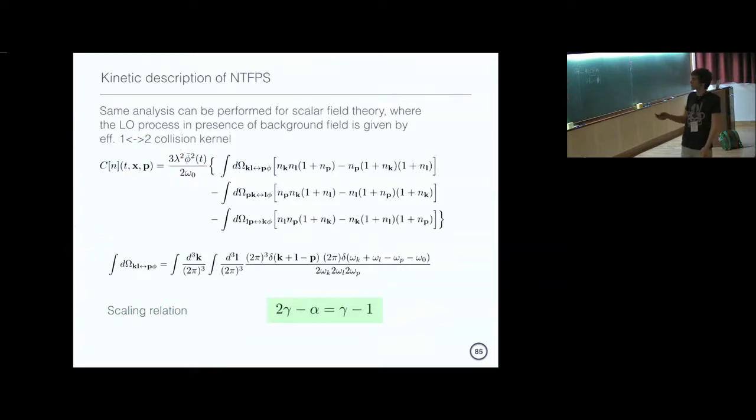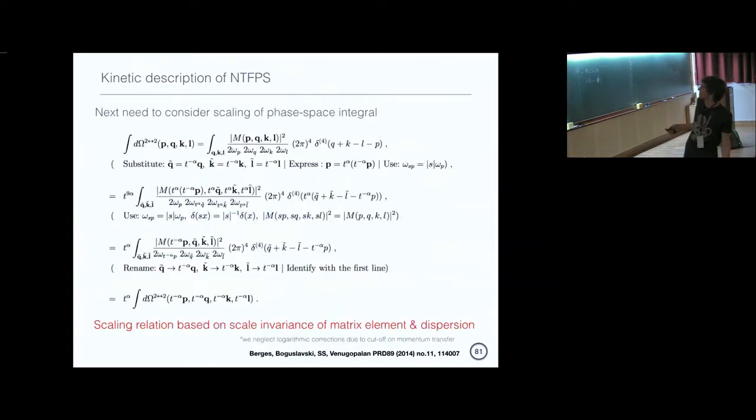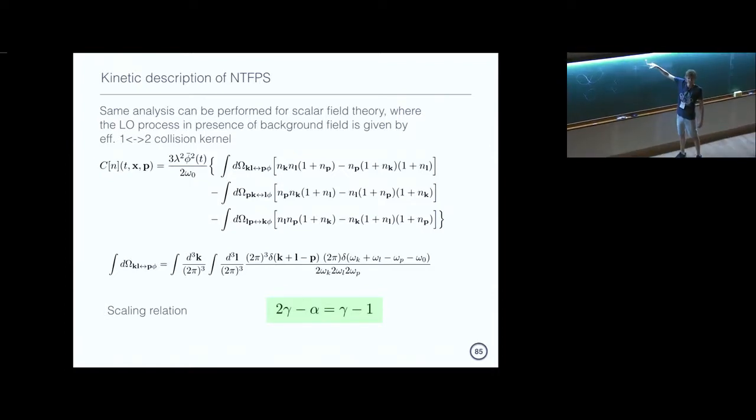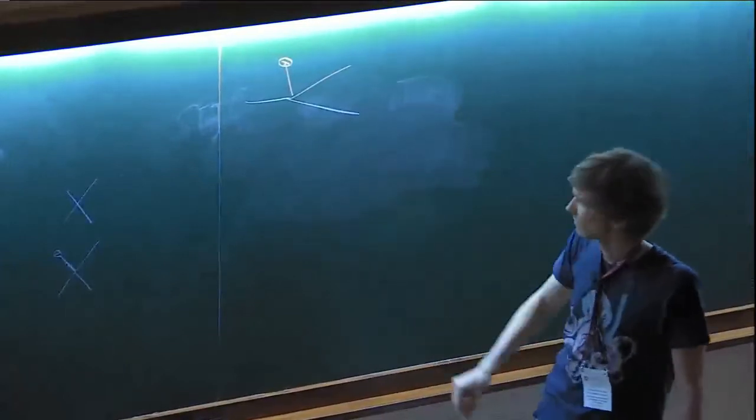So as I said, I talked a little bit about the kinetic theory for the gauge theory. We have these elastic and inelastic processes. It turns out what's driving the evolution in the scalar is this interaction with the condensate. So perhaps an easier way, instead of looking at this equation here, is to briefly draw this on the blackboard. The scattering process that dominates in the scalar field theory is actually this effective 1-to-2 interaction, which is mediated by the condensate. So it's a scattering process like this, and the other way around.